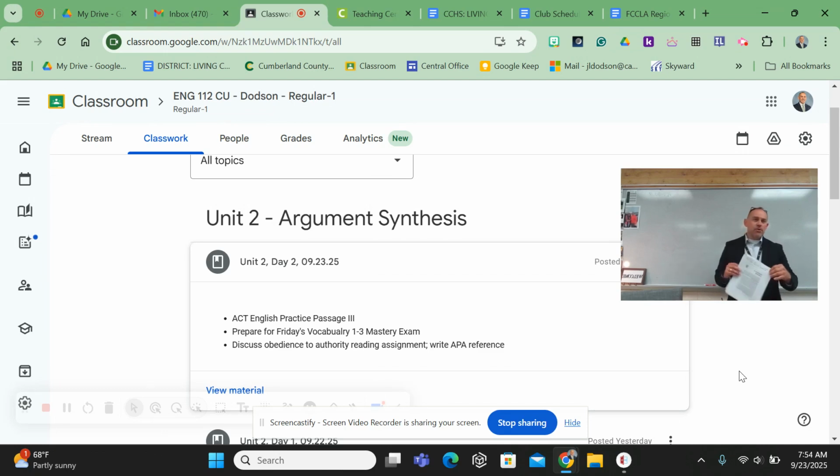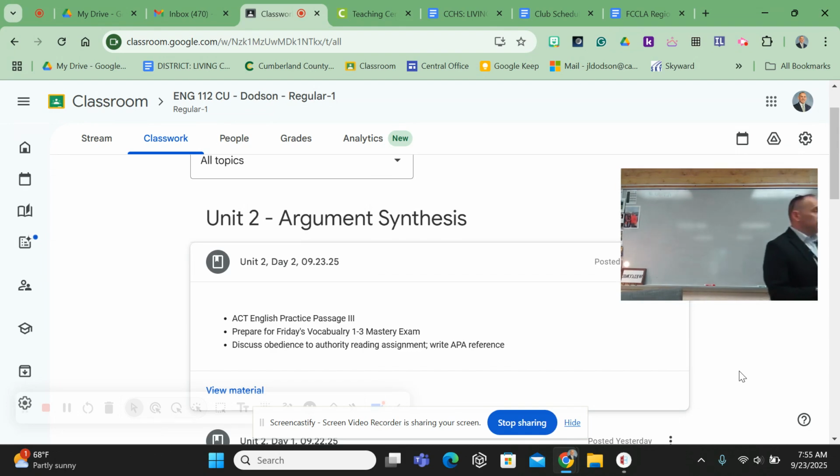This is the first of, I think, 3 or 4 essays that we'll read in the next 3 weeks. All of them are about sociological experiments when it comes to the degree to which someone will obey authority even when it runs contrary to what they believe. And so you're going to be writing an argument where you make a claim about the extent to which people will obey authority. And then you're going to draw evidence from these sources that we read and discuss in class.